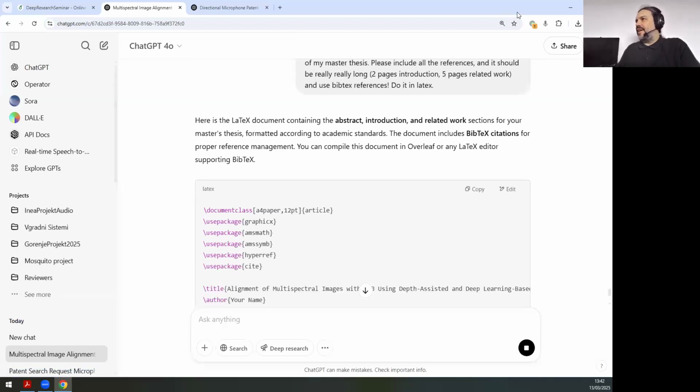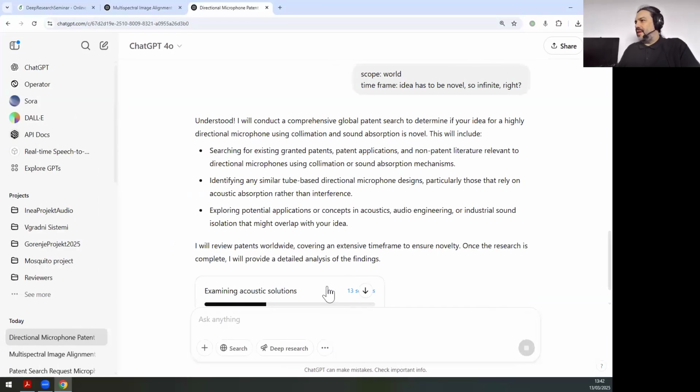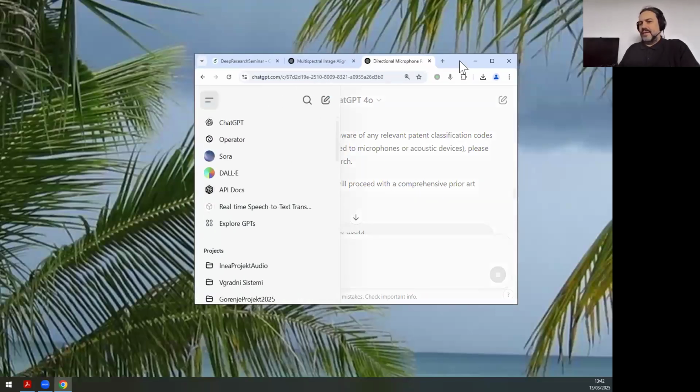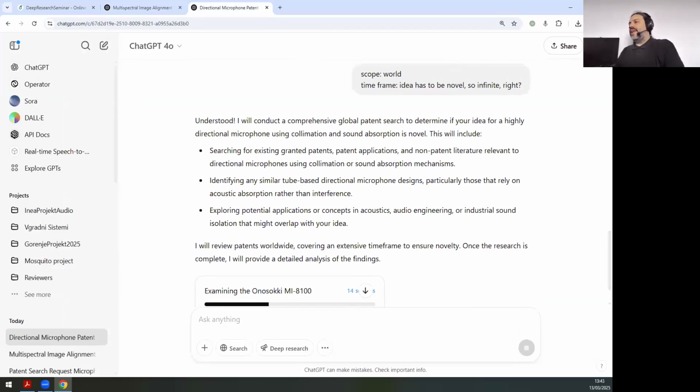So let's see how far the other directional microphone is. Yeah, examining acoustic solutions, 13. Okay, so he's here. We are at 42 minutes. Yeah, I said I will explain